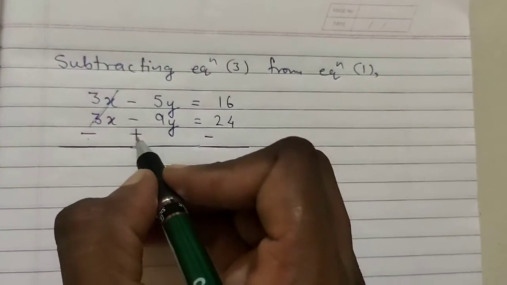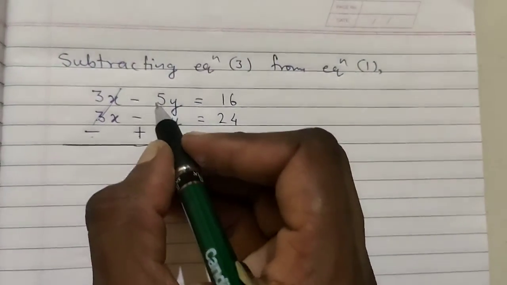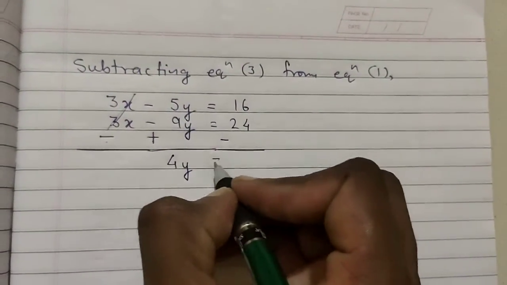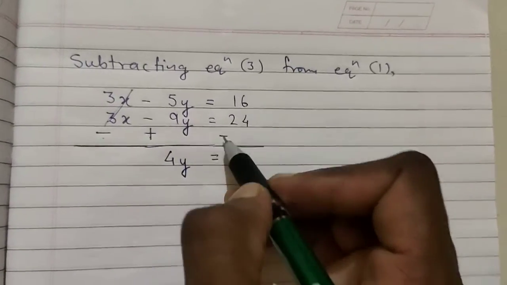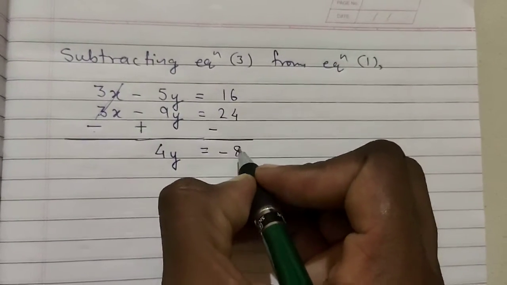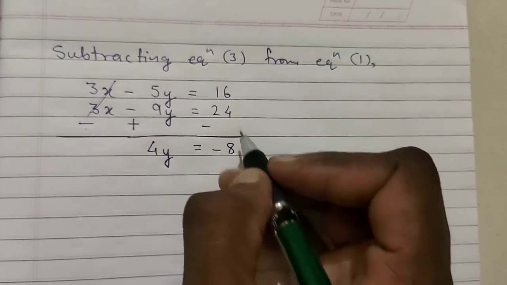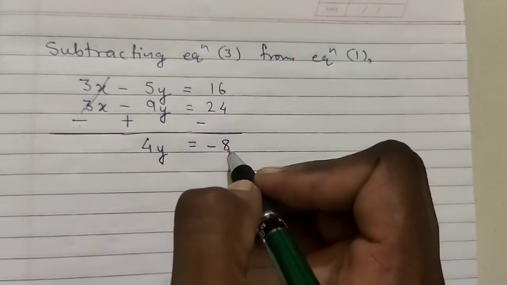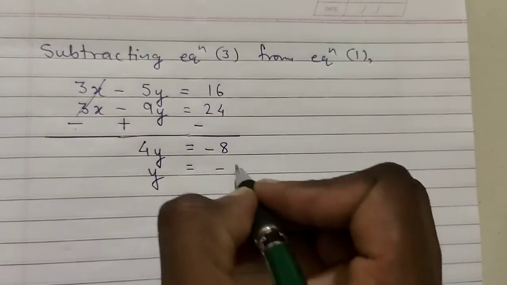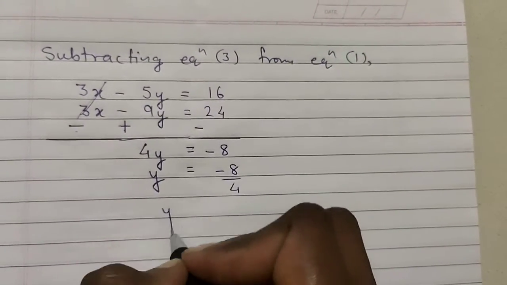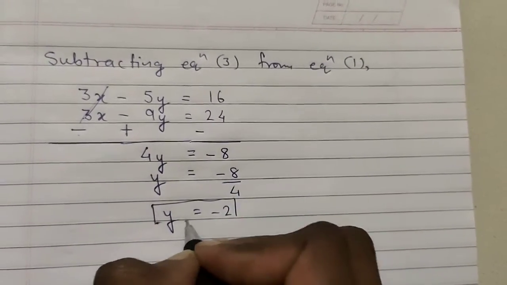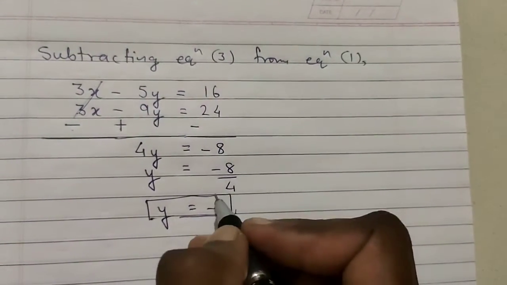Okay, and here you can see plus 9 is there and minus 5, so it becomes 9 minus 5, and 9 minus 5 gives you 4, so it becomes 4y. Now students, see here, this is 16 minus 24, so if you do 16 minus 24 you will get minus 8, because bigger number is negative, so after subtraction you have to put minus sign, and 24 minus 16 gives you 8. Okay, now you want to find out the value of y, so transfer this 4 to right hand side, so that you will get 4 divided, so y equals to minus 2 you will get here. Okay, 4 into 8 and minus sign is there.